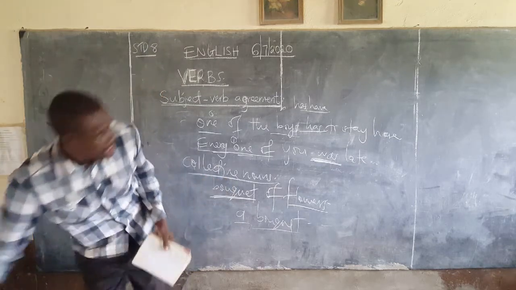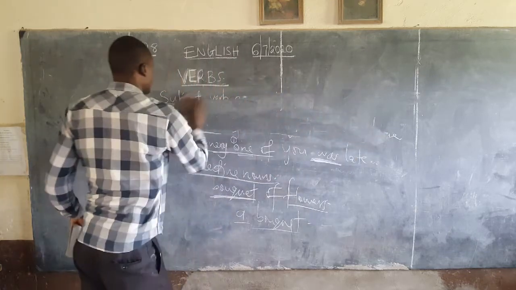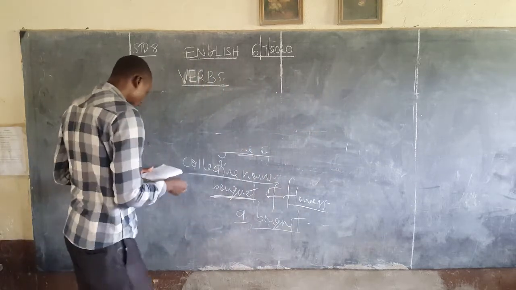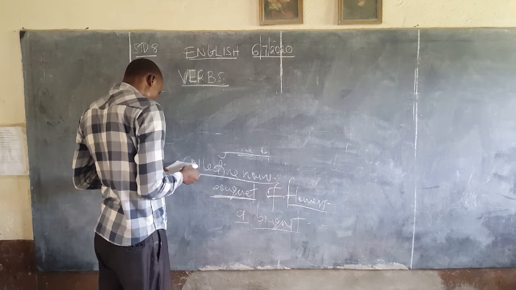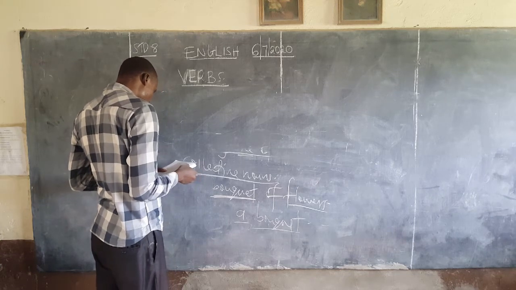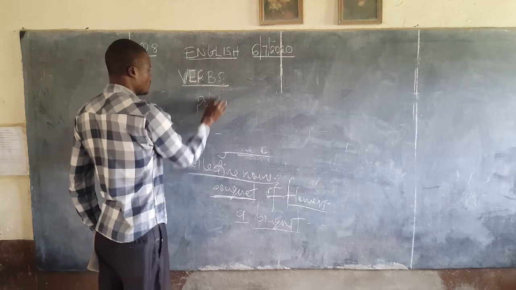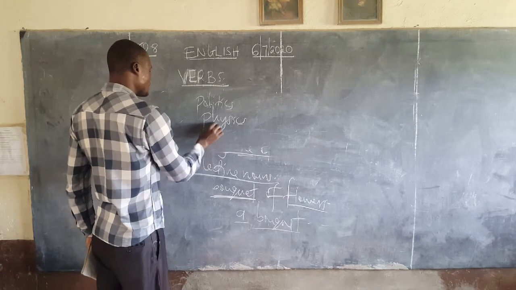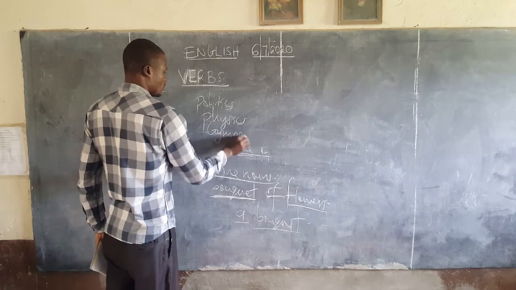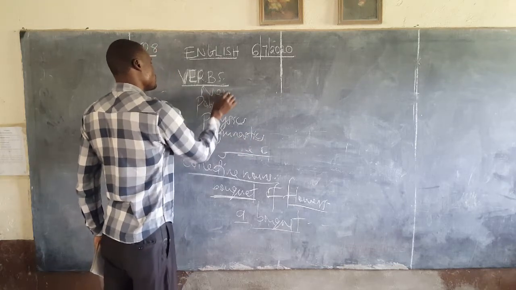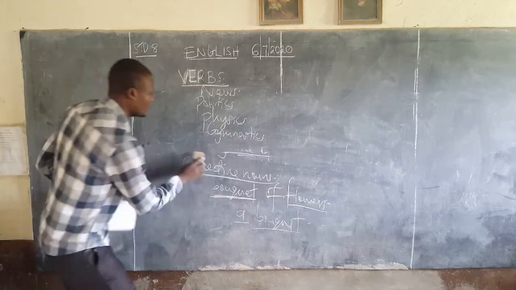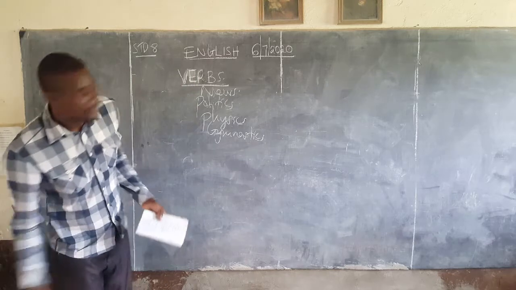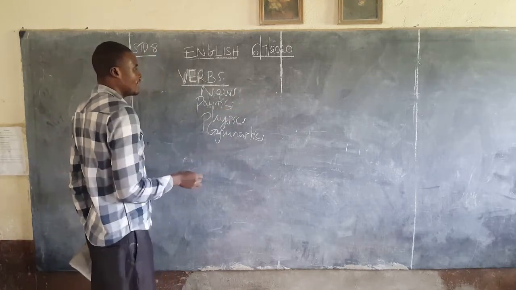Then lastly, before I end my lesson, there's this last part that we need to look at. That is the plural form, but in singular, like when we talk of politics, physics, gymnastics, news. Now these words have really confused my learners. These words are known, or always appear, in a plural form, but they are singular. Like the news I received